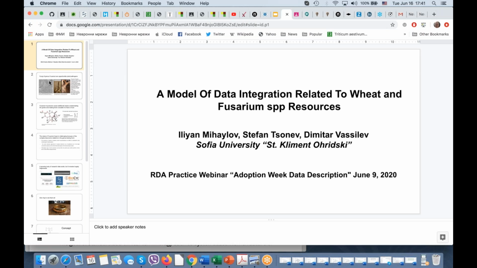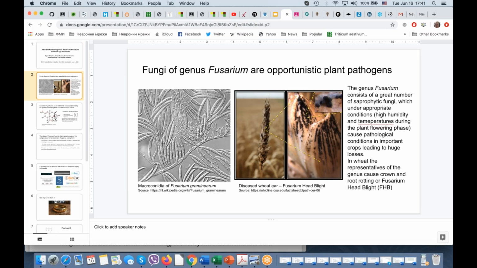So why have we chosen this subject? There is a lot of information about Fusarium, and there is a lot of damage from Fusarium to the farmers and to the wheat production and to the cereal production, not only the wheat. So we decided to try to integrate all the information coming from different databases, different other external knowledge sources about Fusarium, and to try to complete it in a single resource,